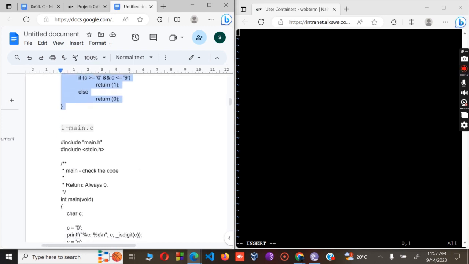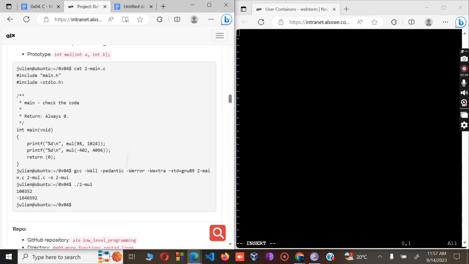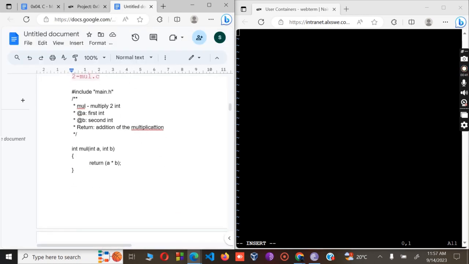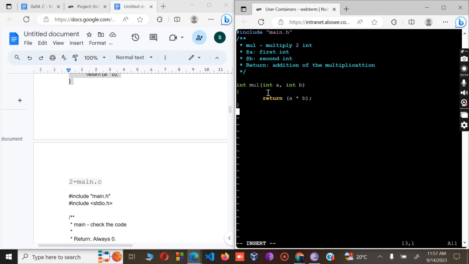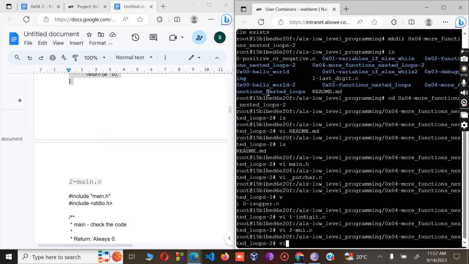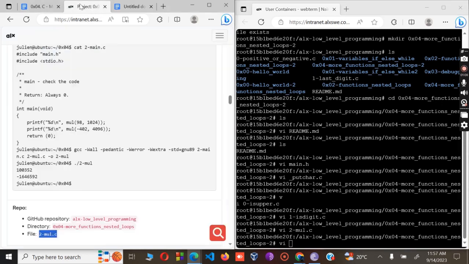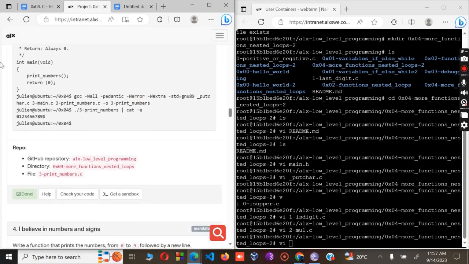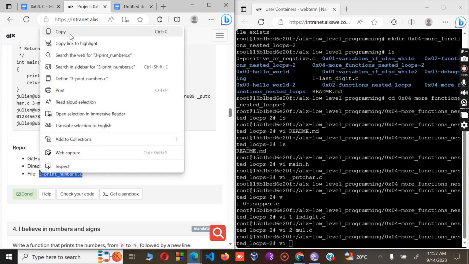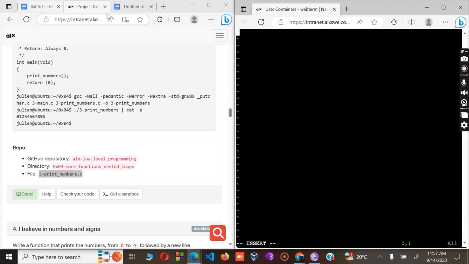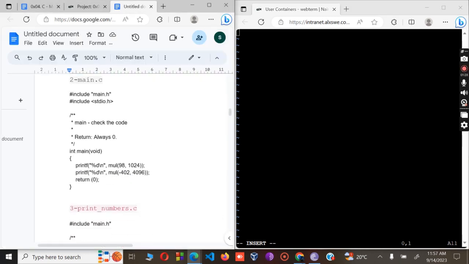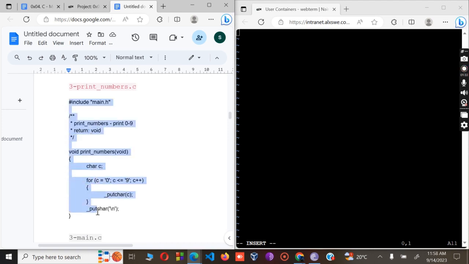Then go to the code that I will have prepared. Supposed to be number 2. So this is the code for number 2. So you copy, escape, WQ, then move to the next task, VI. Copy the name of the file, enter, insert, then I will copy this one,